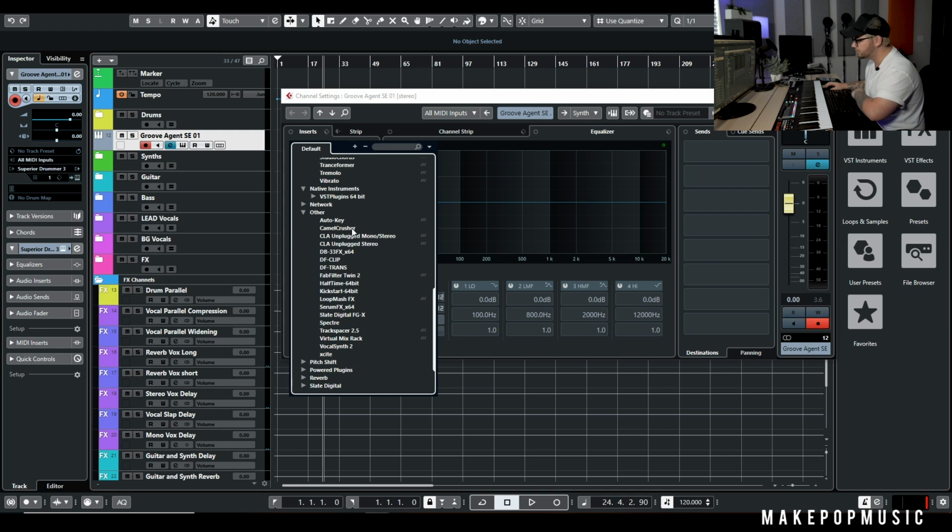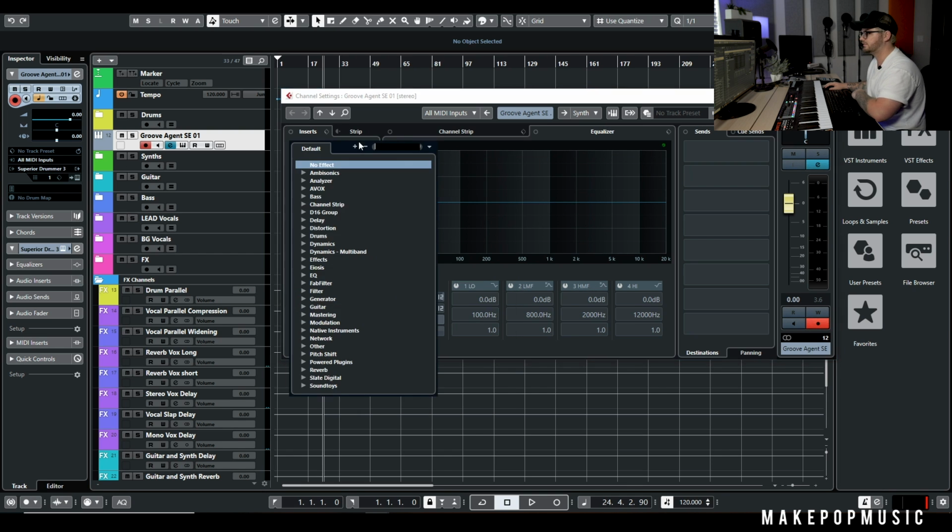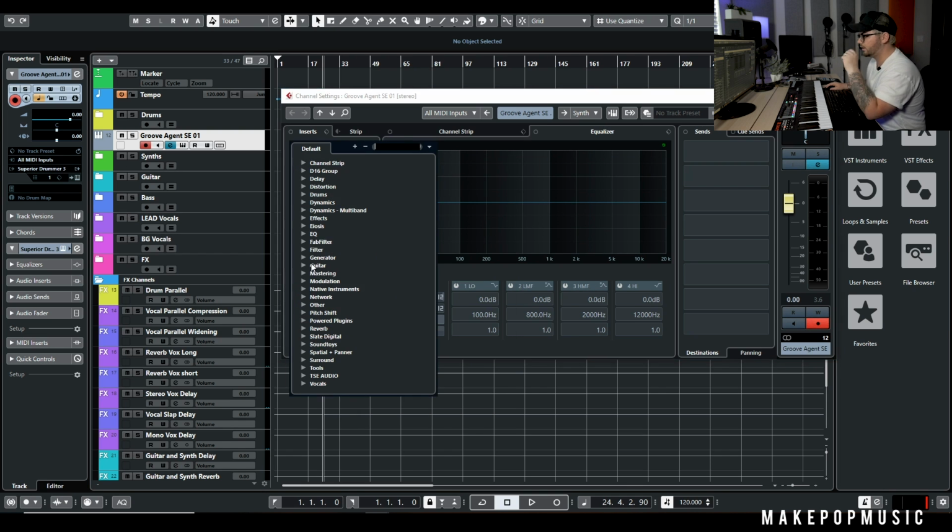Camel Crusher is used in every single mix I do, and it's 100% free, so I highly recommend Camel Crusher. It's super, super sick. Sometimes it's hard to find a download because it's really old, and since it was a free plugin, they stopped updating it and stuff like that. Other than that,